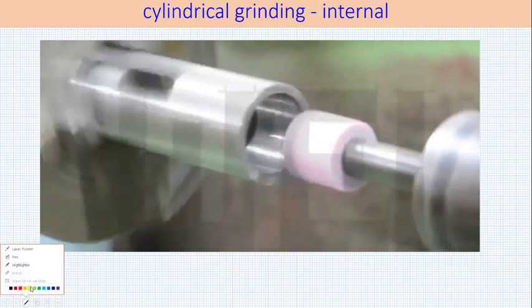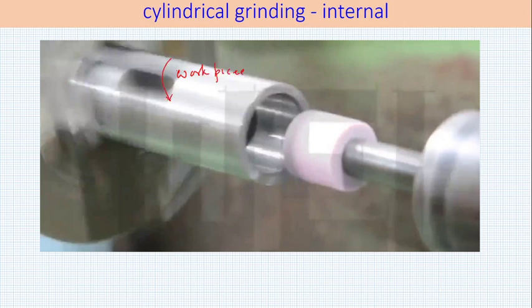Get my pen. So this is your hollow workpiece, which is rotating in this direction by NW, giving VW. VW, if you remember, is 2 to 10 meter per minute, in that range. In case of cylindrical grinding, it could be even 3 meter per minute. Other than that, this was rotating in this direction, NS, giving rise to VS. VS could be very well 50 meter per second.